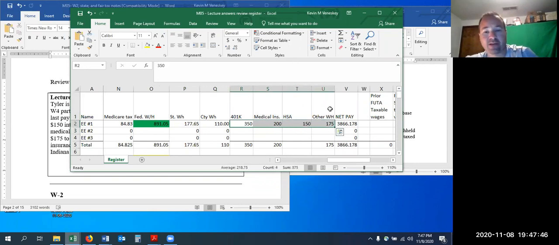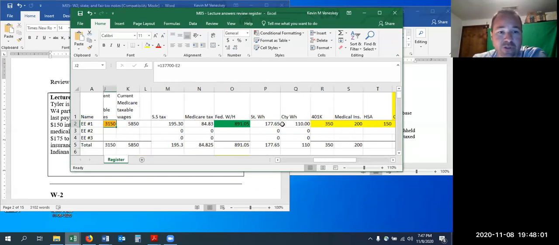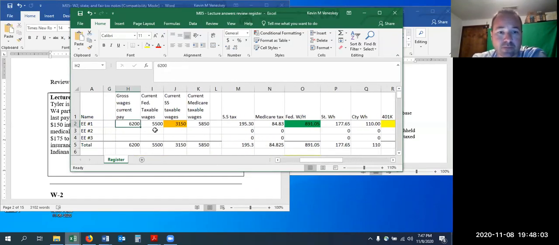Actually, these, and then this one, we could have named it, in this case, it would have been fine to call it United Way, because that's what it is. So these are the items in yellow that you physically would fill in, the 350, and then you should have these filled out based on your formula to get what your current federal taxable wages are. Medicare, it's going to be slightly higher because they don't take out the 401k.